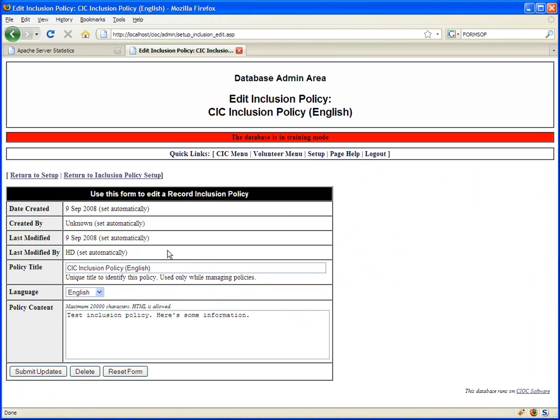And it is possible to apply the same inclusion policy to both volunteer and community information, although in general that isn't going to make sense. It is possible because the management area is the same for both. So the full list of policies available is equally managed by both the community information and volunteer software. Every inclusion policy has to have a language associated with it,